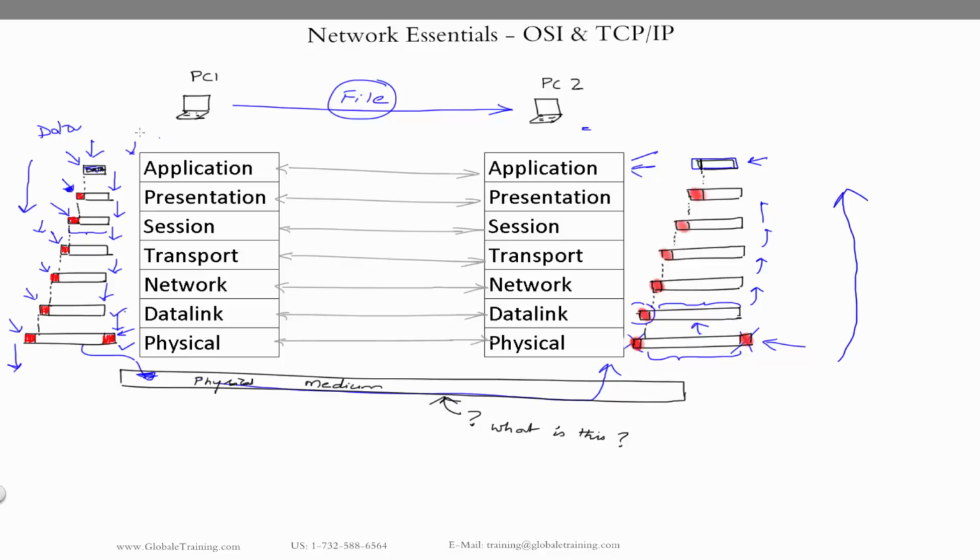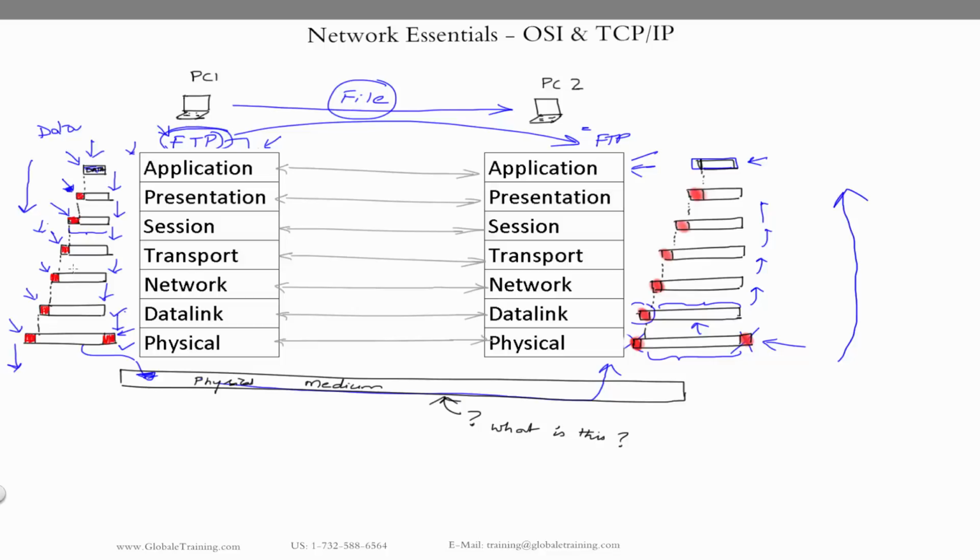An example for this is, let's say you're trying to transfer files using a protocol called FTP, file transfer protocol. It's an application layer protocol. So when you use it, FTP actually sits in the application layer as I said. So the FTP program or process on PC1 here communicates with the FTP program here on the PC2 side. So the data is actually sent from FTP here to FTP here, but it has to go through all these layers.